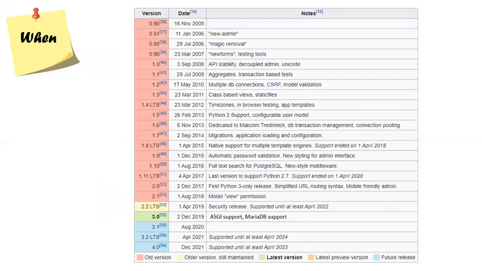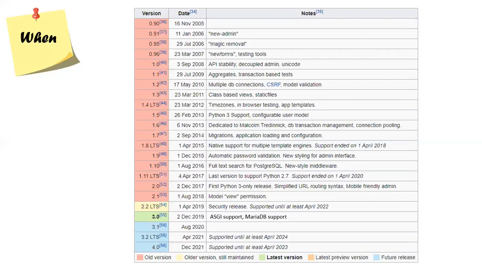advantages of Django. Okay, when is Django? Django was developed around 2005, and you can see the list of things that were added in the Django framework. In 2006, a new admin page was created. Magic removal also came in 2006, and new forms and testing tools were implemented in 2007.